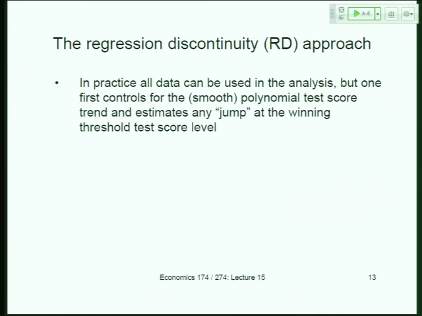Exactly. That's what this estimate is. So this effect of the marginal person winning the prize is not the overall effect of the program, because the overall effect of the program is the combination of all the incentives